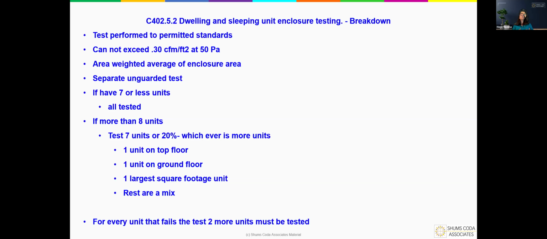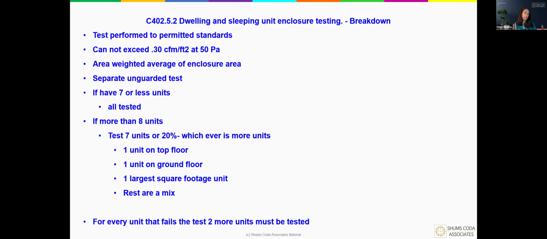It also takes into account that not all buildings or structures that have dwelling and sleeping units are going to have 400 units within it. You sometimes have smaller units, and sometimes you do have those 400 units. So are you going to require 400 units to test and cost that much more, or is there something that we can do? And so this is how it was put together. If you have 7 or less dwelling units, sleeping units within a building, you are going to test all of the